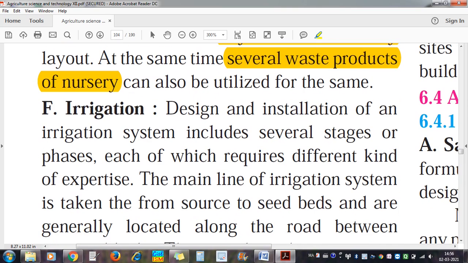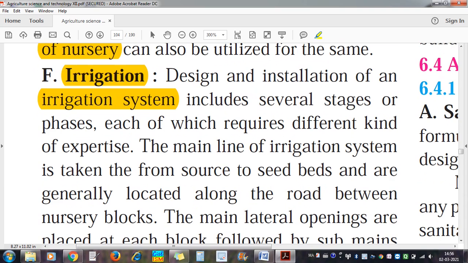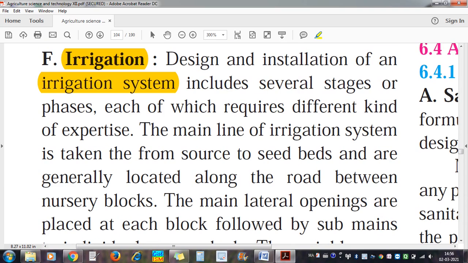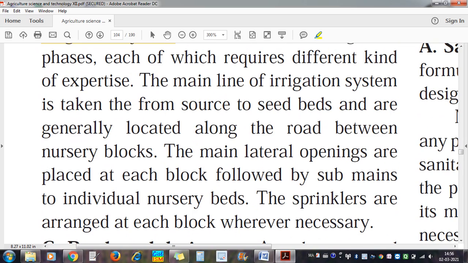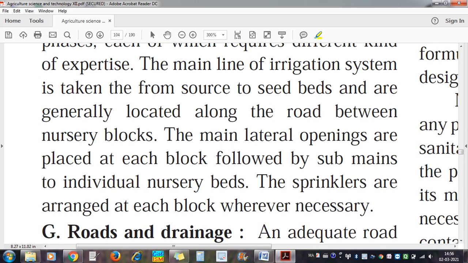Then another, but most important, that is irrigation. Irrigation facility should be made available. For that purpose, irrigation system should be installed as per the requirement. The water should be taken from the irrigation source. It may be the bore well, it may be a well, or it may be another source. So the water should be taken to the nursery plots. For that purpose, main lateral openings are to be placed at each block,